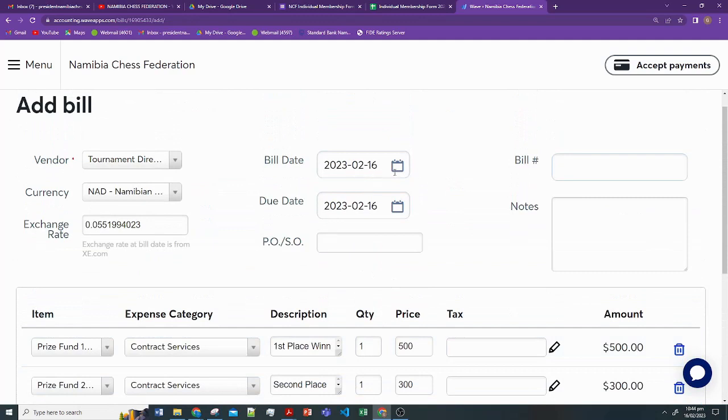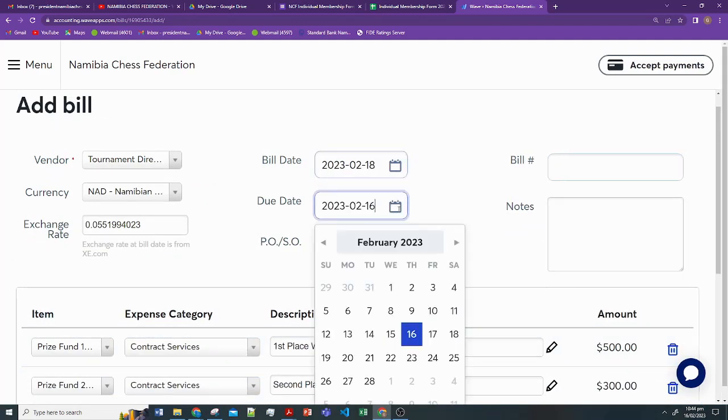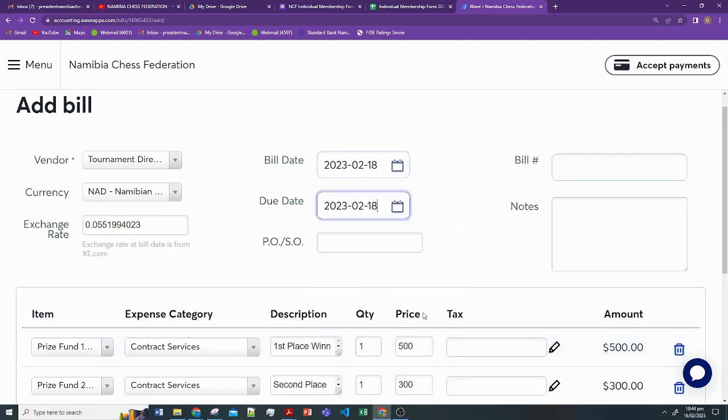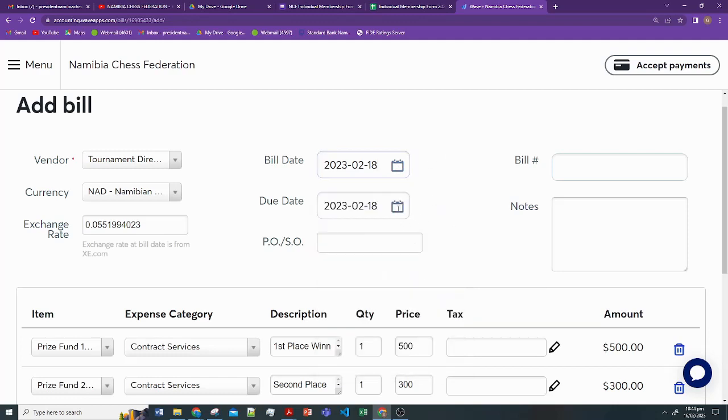So here it's going to ask when are we going to bill this date. Since the tournament is happening on the 18th, the due date will also be on the 18th, because we normally give out prize money there. If the tournament is 4 days, then we will select the starting day and we must pay by the ending date. The bill number, this will be 2. Notes, then we just put in the notes,